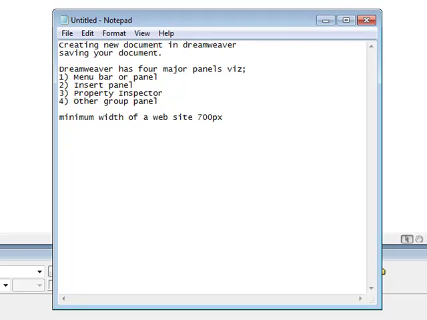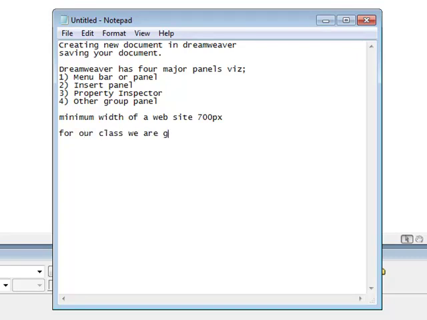Then the height can be as long as you want, based on the content that you have for the website. You don't make a website that has a very long height while the content there is very little. So you work with the content that you have to design a particular web dimension. For our class,